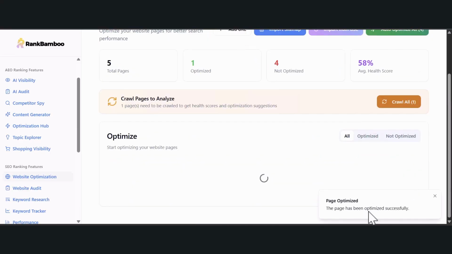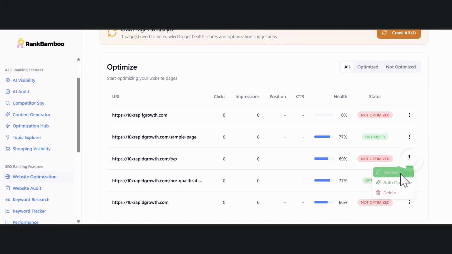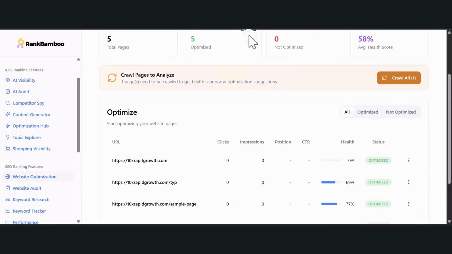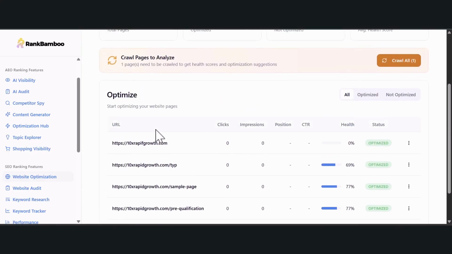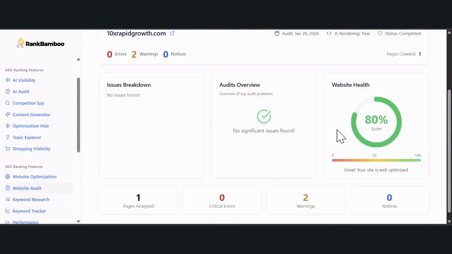Since this page has been optimized successfully and that has already applied on my page as well, when you come back here, you can also do the same to the thank you page. I could have as many pages optimized. Because we've gotten most of the pages optimized, when you come back to your website audit, based on our SEO ranking feature, if you've not audited before, you can still click on start